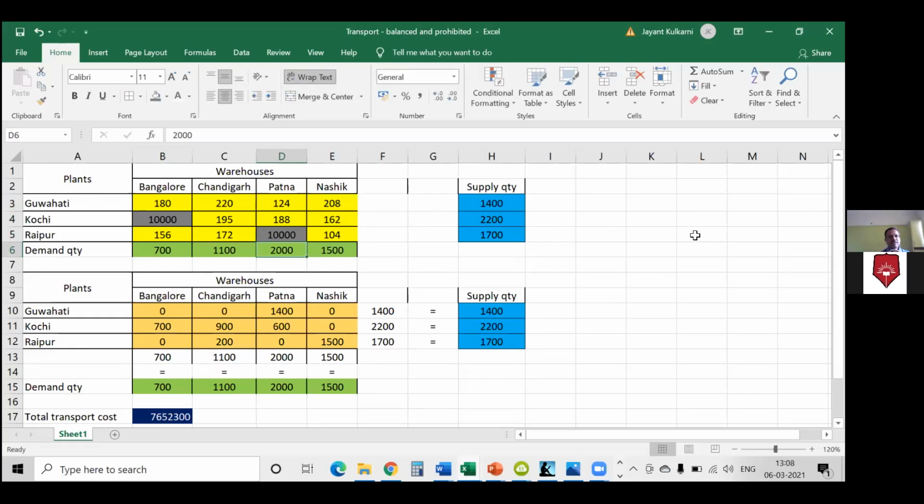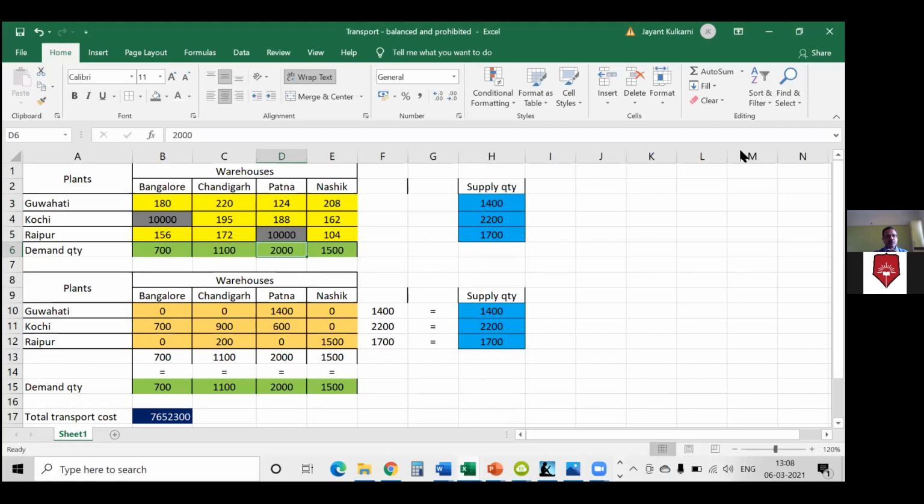will Solver take these two routes? Because you're asking it to minimize the cost, and the cost in these two routes is exorbitantly high now. So will Solver select these two routes at all? Basically, Solver will not select these two routes because there is exorbitant cost in these two routes now.